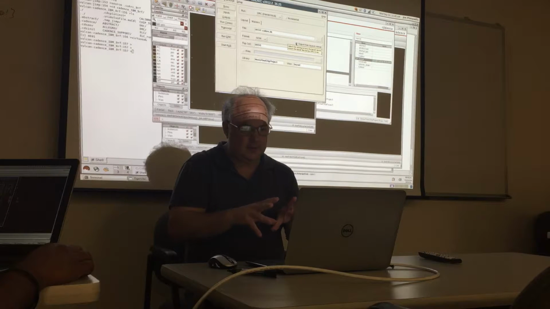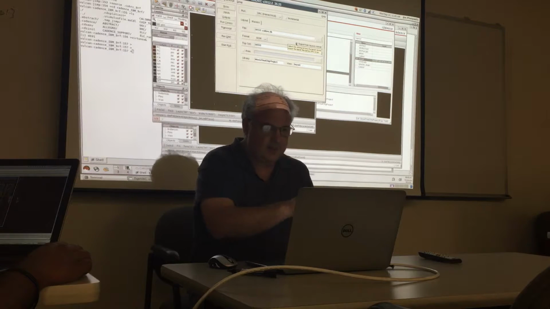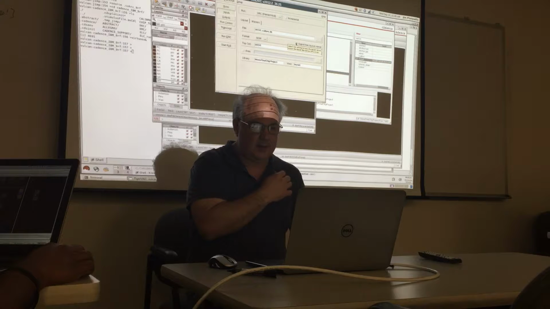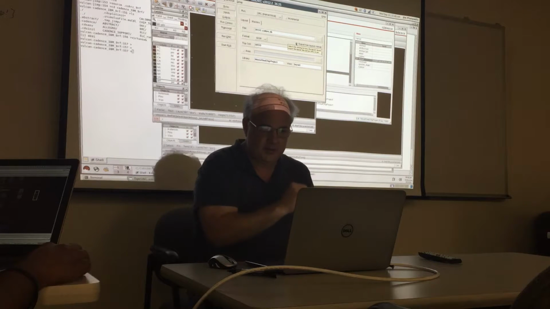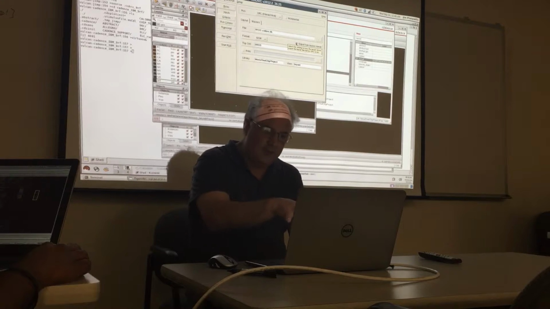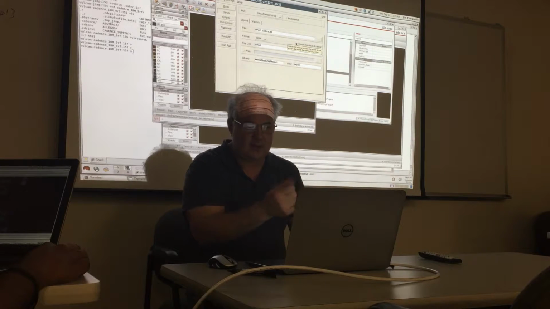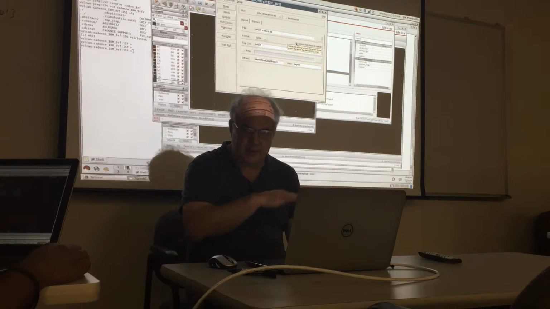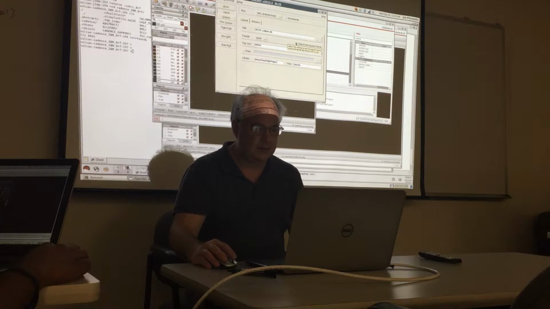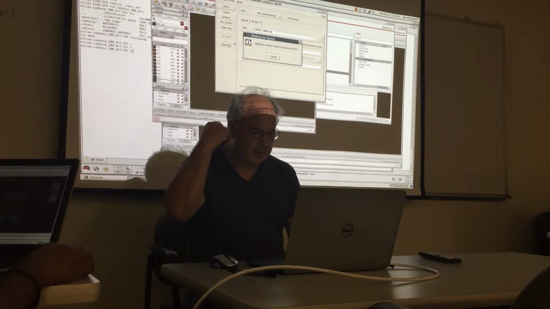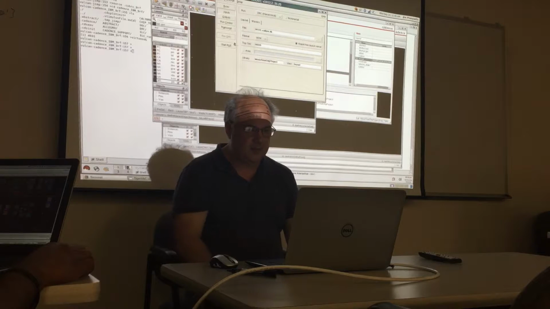Either you can point to a file, the file being that inverter x1.calibre.db. That's what it's going to create if you have that thing checked. If you already have one and you want to just check it, then you can click off the export, but you never do that. Always export your data from your layout. GDS2 is okay, the top is blah, blah, blah. The rest of this is fine. You can just hit okay, and it'll do the export,